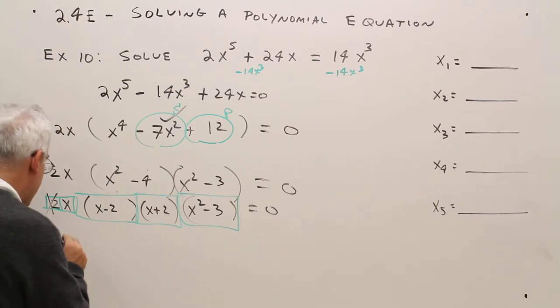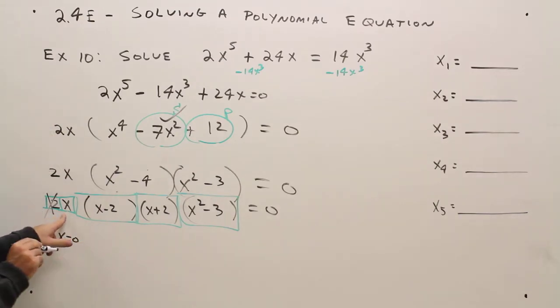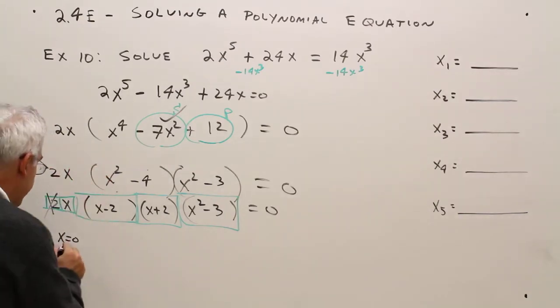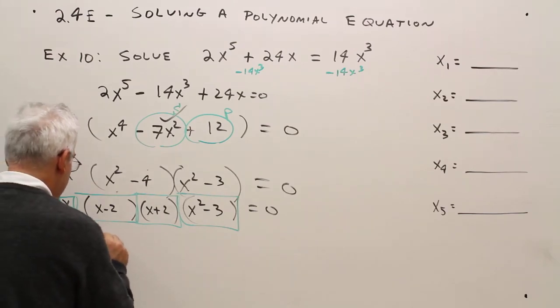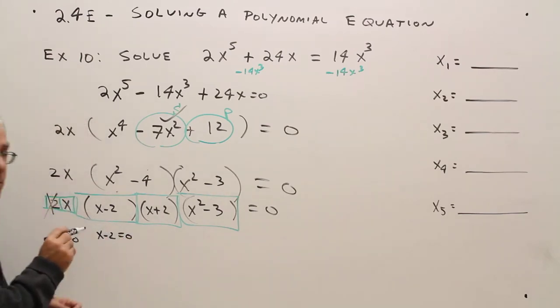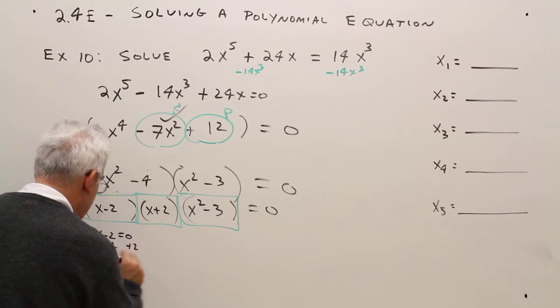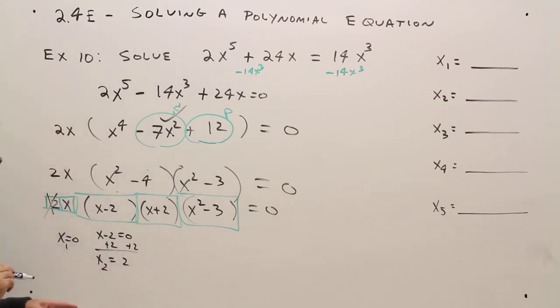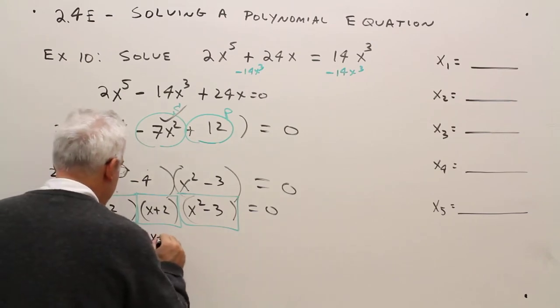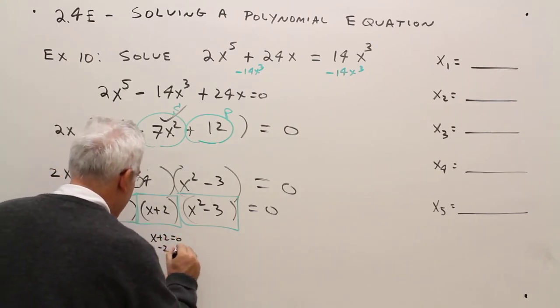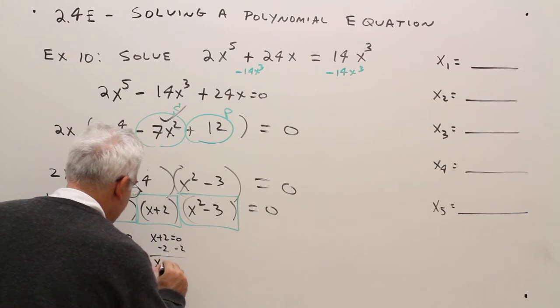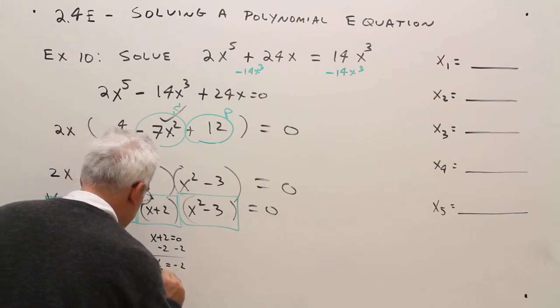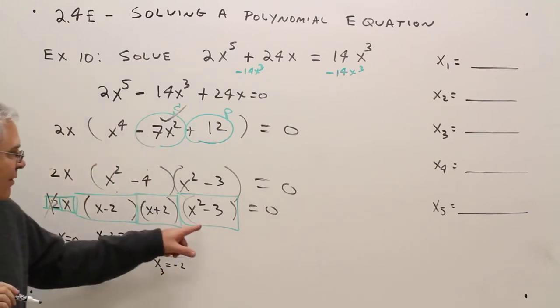x sub 1 is 0. I really just have x equals 0. I just set that chunk equal to 0. Okay, so x minus 2 equals 0, just add 2 to each side. So x equals 2. We'll call that x sub 2. x plus 2 equals 0, minus 2, x equals negative 2. I'll call that x sub 3. And then over here,